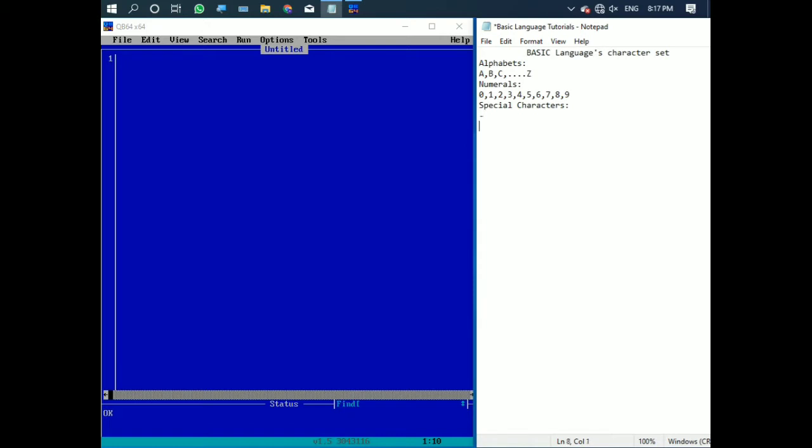So minus, plus, multiplication, division, then this bracket, then this bracket, then the arrow sign which we write, and instead of the arrow sign we can write this.